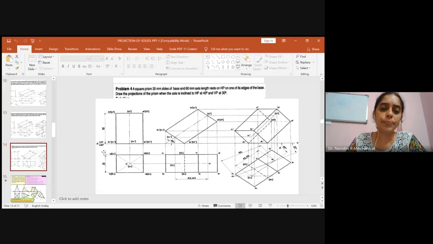Similarly, read the locus for the top surface. Locus of C is meeting C dash at this point, so this is our C. Locus of D is meeting D dash at this point, so this is our D. Locus of A is meeting A dash at this point, this is our A. Locus of B is meeting B dash at this point, so this is our B. And hence we got A, B, C and D as the top surface. And this is the bottom surface.